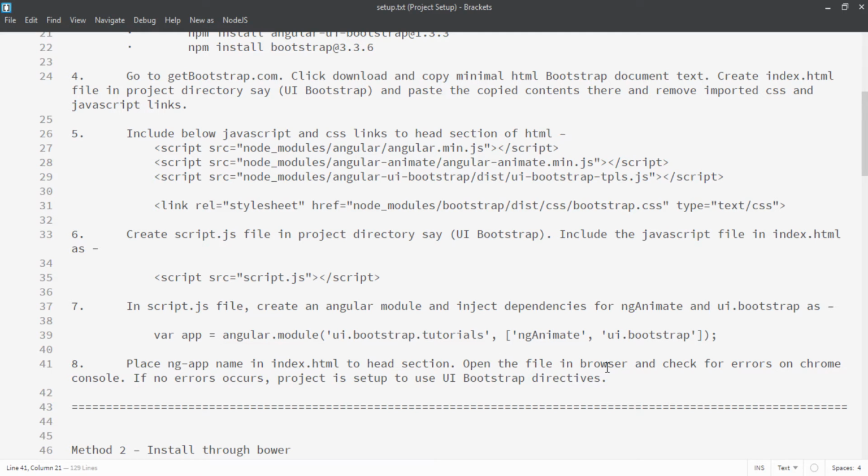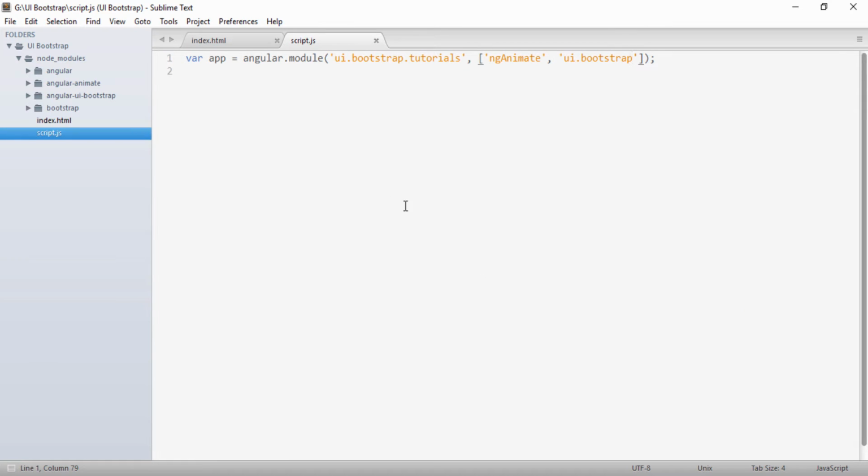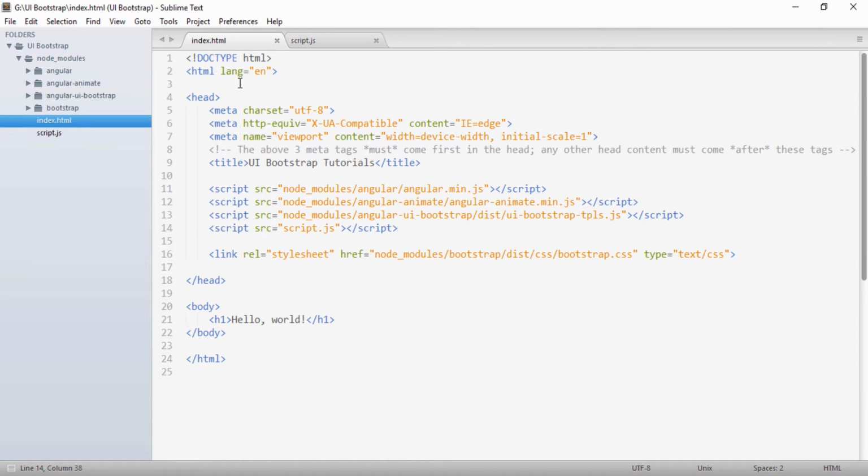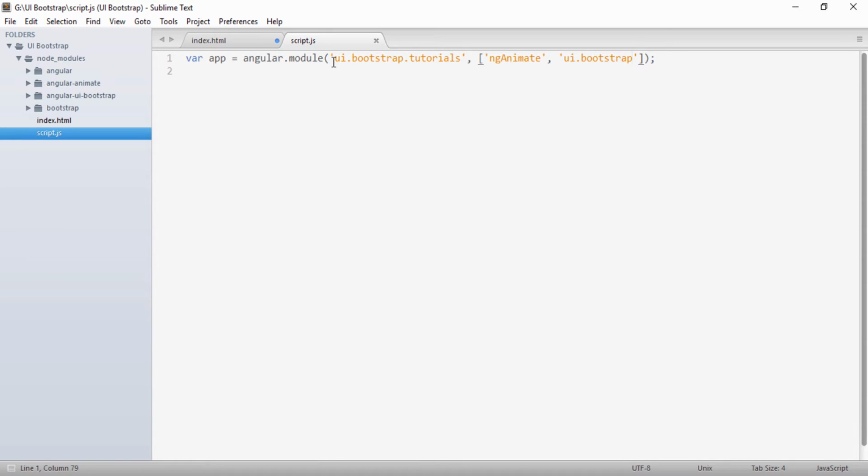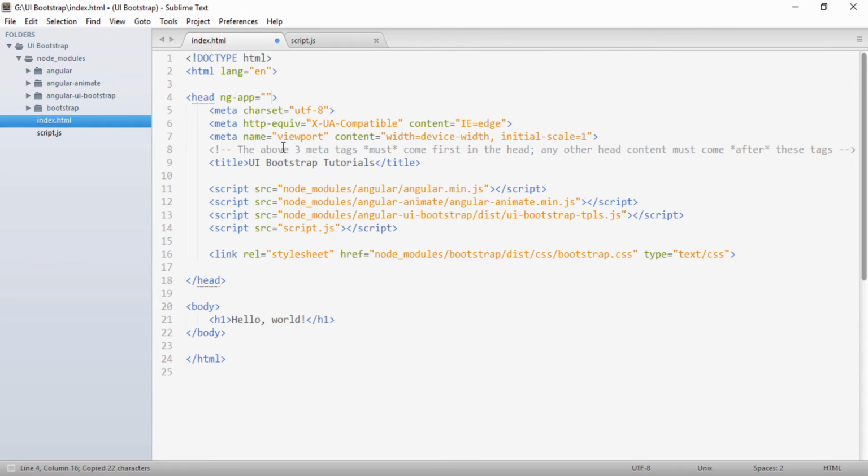If there are no errors, it means the project is set up to use UI Bootstrap directives. So in index.html, in the head section, I will provide ng-app equals, and here I have to provide the name of this module which we created. I will just copy this and paste it here.